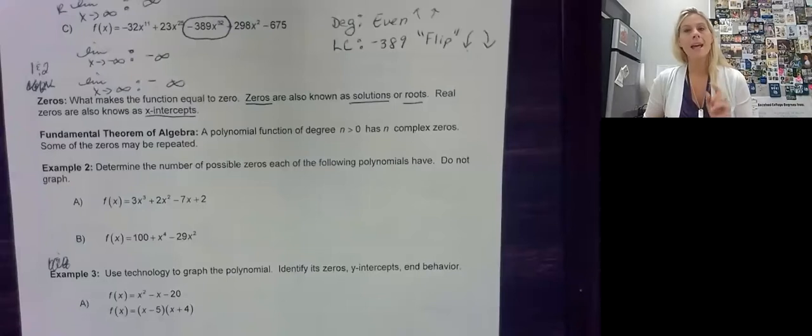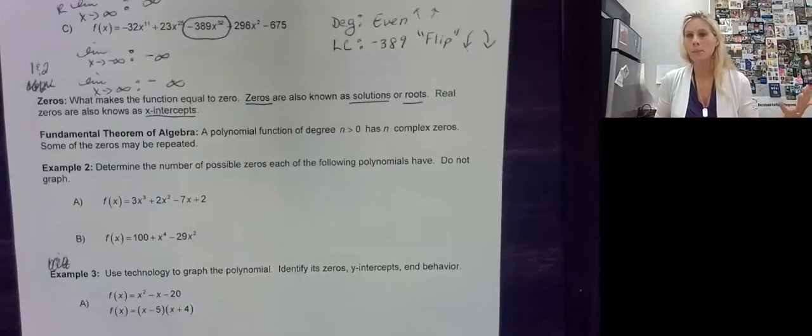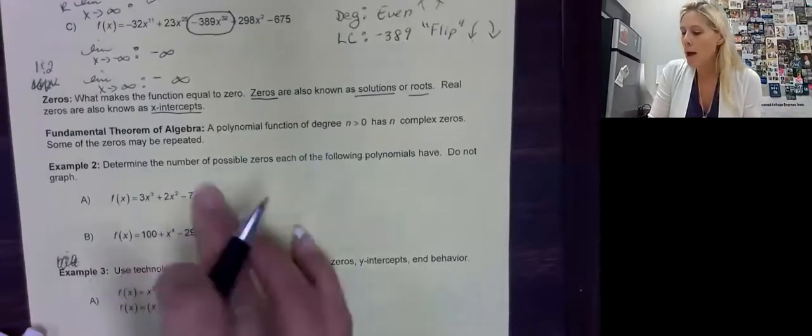Not to say that this is exactly it, because they can repeat. We're going to discover some of that stuff later, or it can be less than that. How do you find that out? Well, that's pretty simple. The largest exponent, the degree of the polynomial, is the largest amount of zeros that you can have. Okay, so determine the number of possible